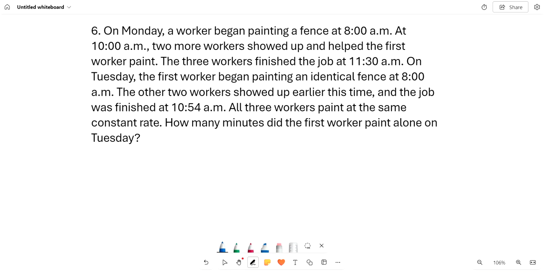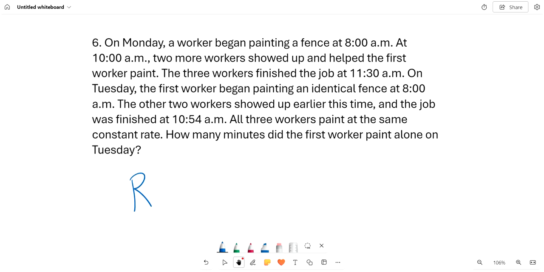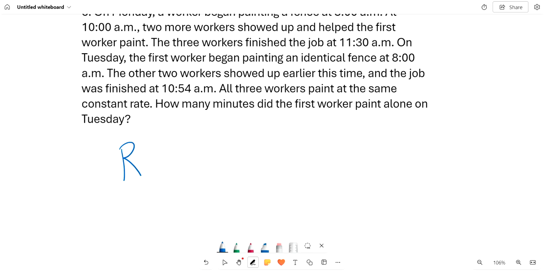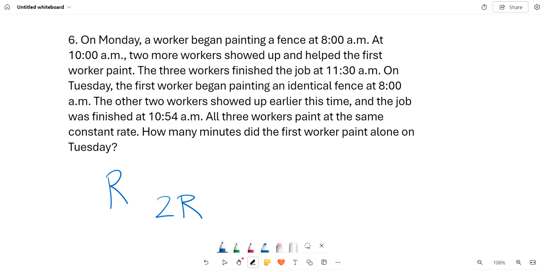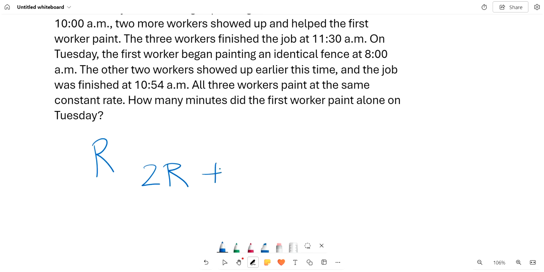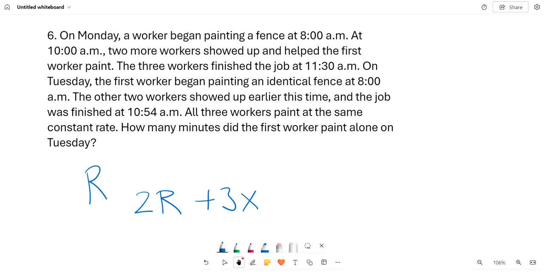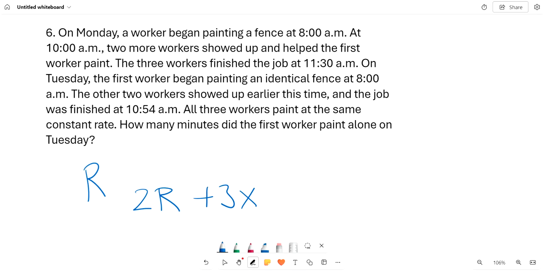So let's set the rate as R. And so we know that this one worker, he completed 2R of the fence. And two more workers increases that by 3. So 3 times, because 3 times as in 3 workers, 3 times 3 over 2 R,